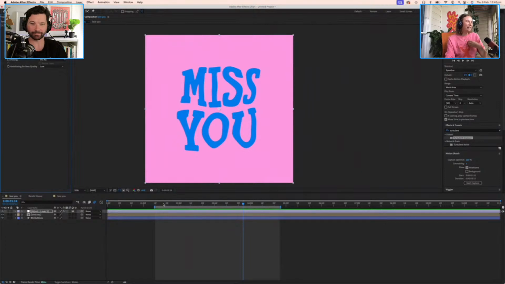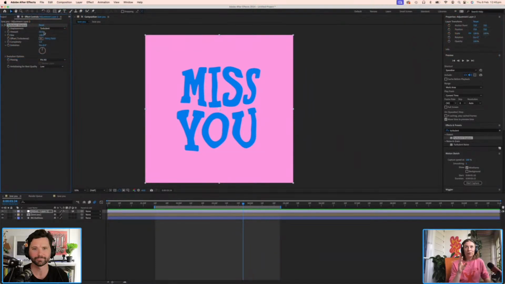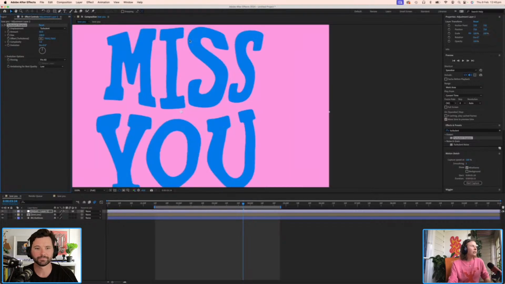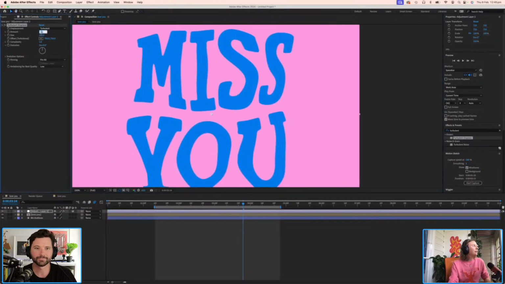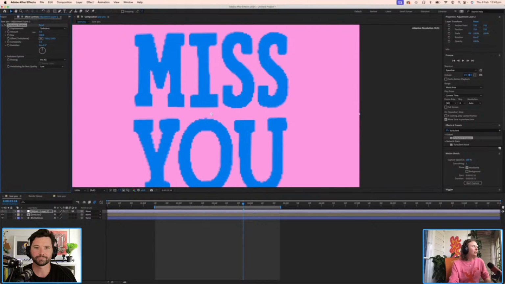This is another really useful little trick that I picked up from Manon Loire. She uses this, again, with a really light touch to add a bit more of a handmade feel to your very crisp vectors. So let's zoom in a little so we can see what's happening here. The amount currently is set to 50, which is way too much. So we'll bring that down, and the size can come right down, and we can bring the complexity up a little bit.